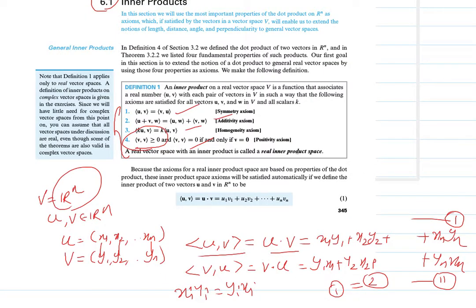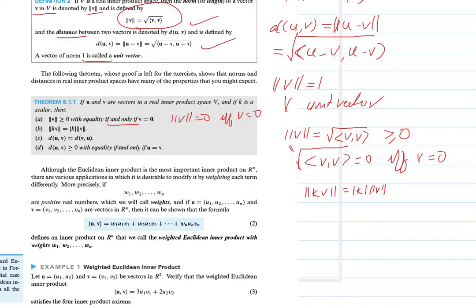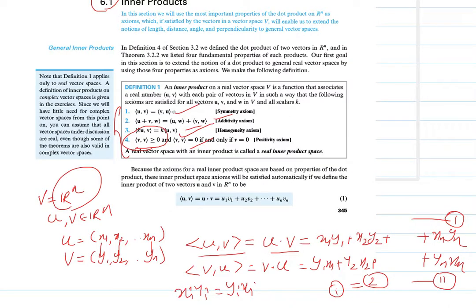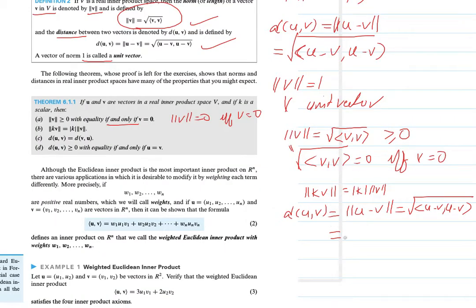That you can use the third property and you will get that one. And next one is d(u,v) equal to d(v,u). What is d(u,v)? d(u,v) is the distance between u and v, that is norm of u minus v. That is equal to root of inner product of u minus v comma u minus v. But we know inner product of u,v is same as inner product of v,u. So